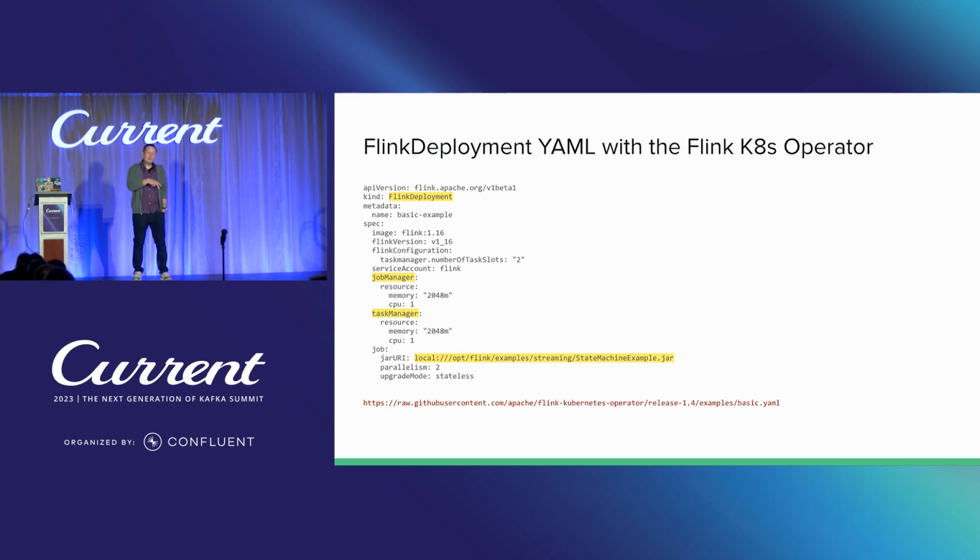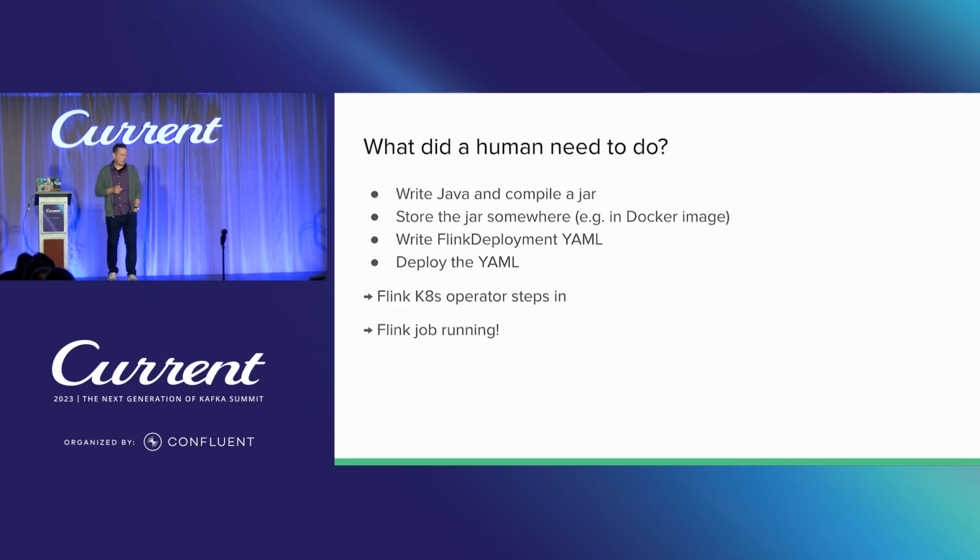It used to be that you needed a Flink cluster first, and then you could submit jars to it to get it to run. With the Flink Kubernetes operator, you just need a Kubernetes cluster, which is pretty great. So if you already have a Kubernetes cluster, you install the Flink Kubernetes operator. Now all you need is a place to store jars, and you can get them running. Okay, so